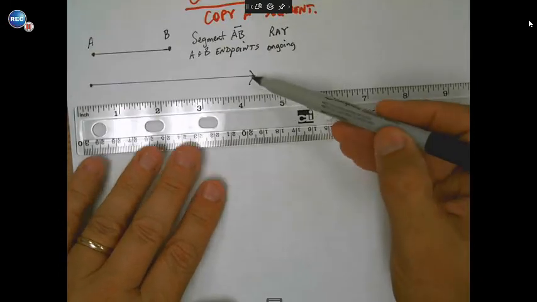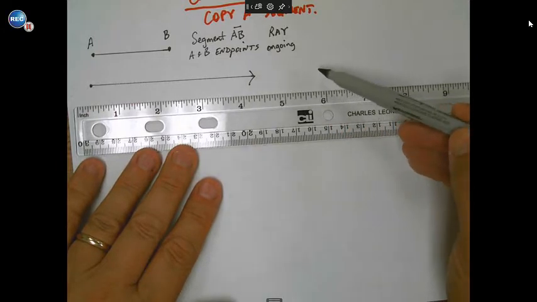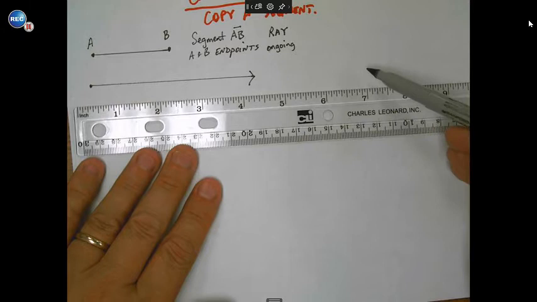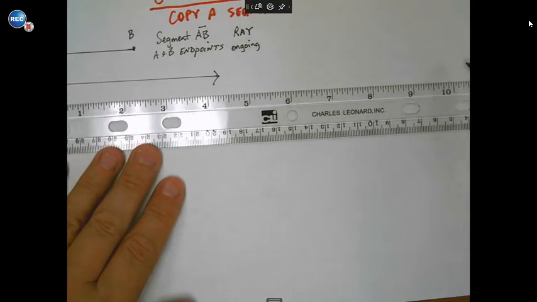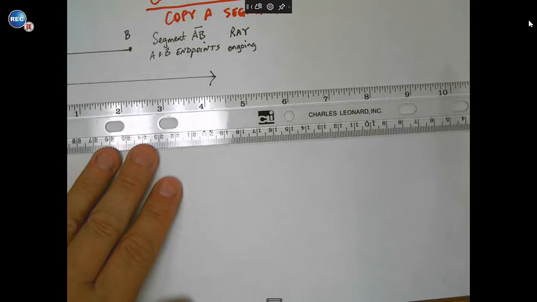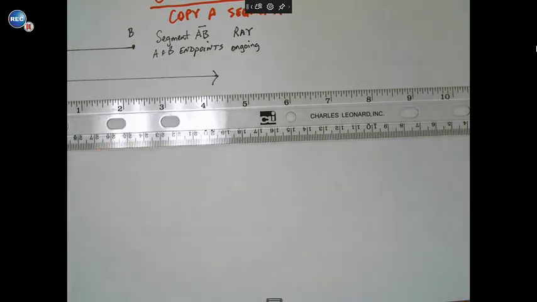Watch my pen. It keeps going and going. Oh, we get to the end of my screen. Does that mean it stops? No. Use your imagination. It keeps going and going,